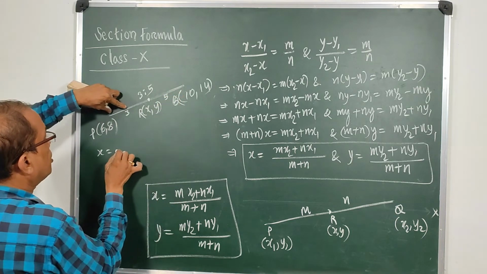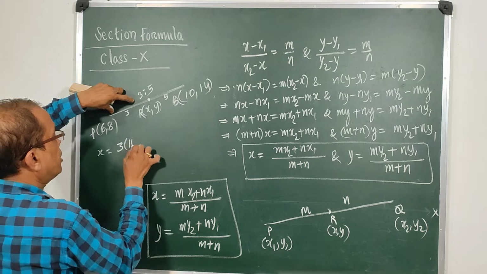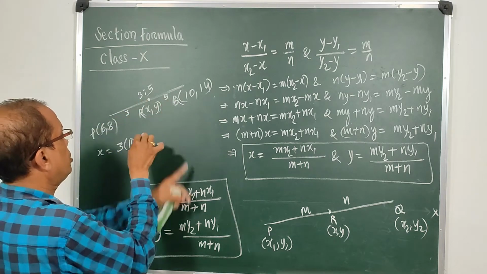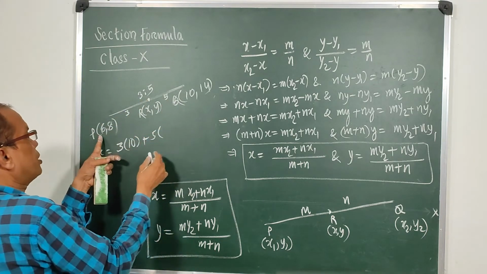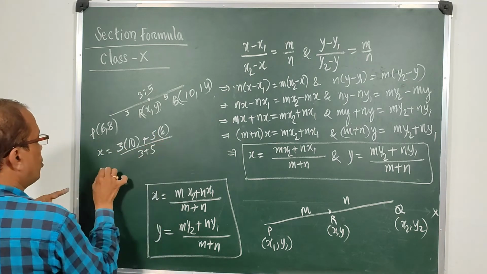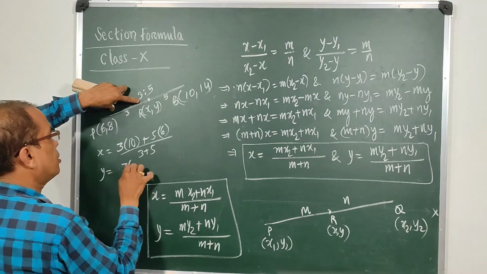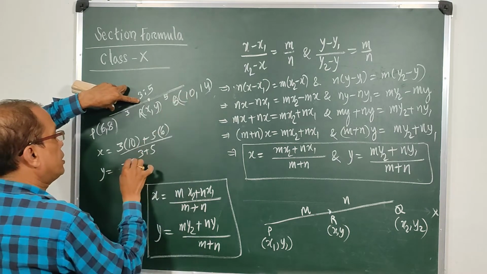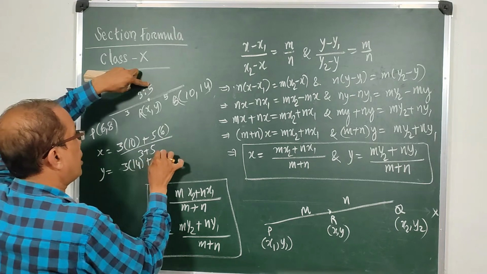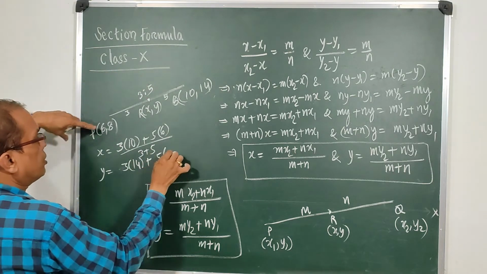So take the ratio on this side, 3, into x on that side, 10, plus the ratio here, 5, into x on this side, 6, divided by 3 plus 5. And y will be similarly the ratio on this side, 3, into y on that side, 14, plus 5 into y on this side, 8,